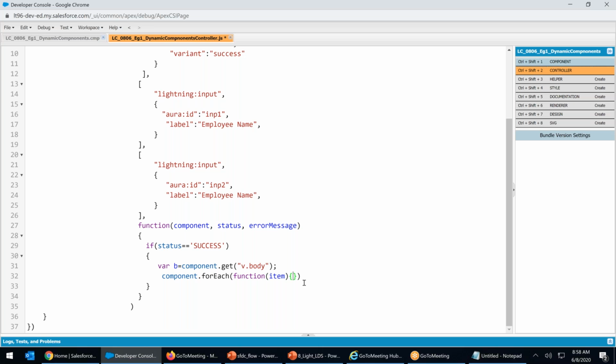I'm splitting it. For each, what? For each what? Right, I got b dot push, b dot push what? Item. Each one of them is called item. That means first one push to b, second one, it's a loop. For each there are 3. One will be called as item, and that item will be pushed to the body. The item will be pushed to the body.